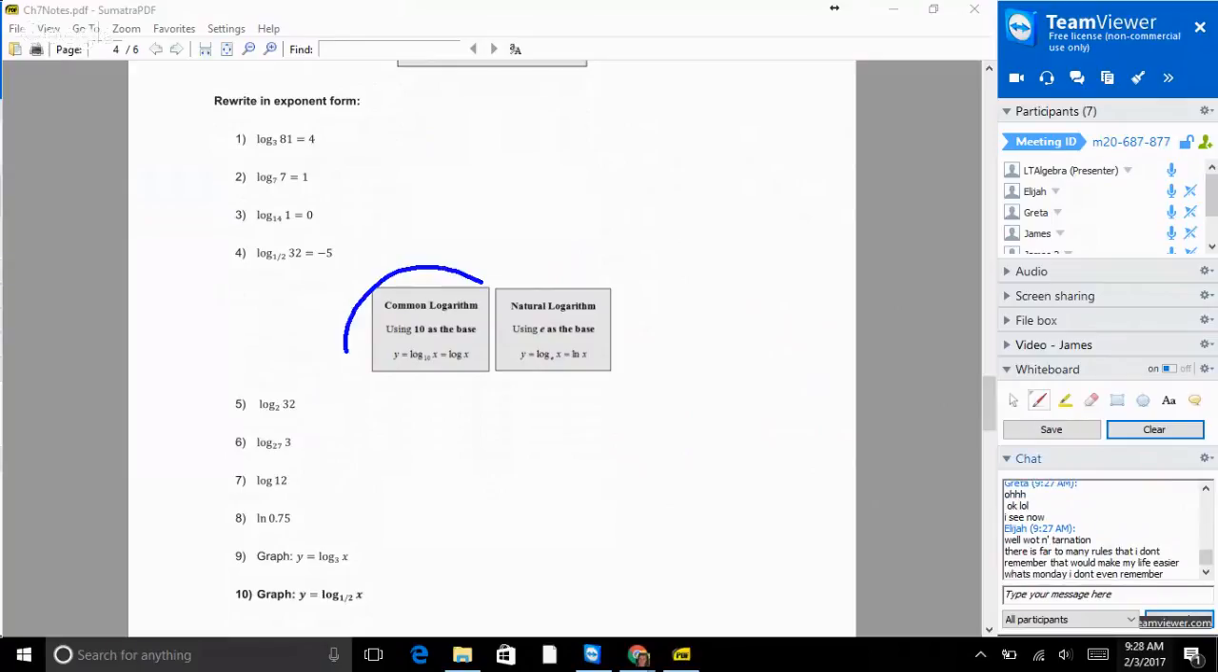The first is the common log. Okay, so when you have